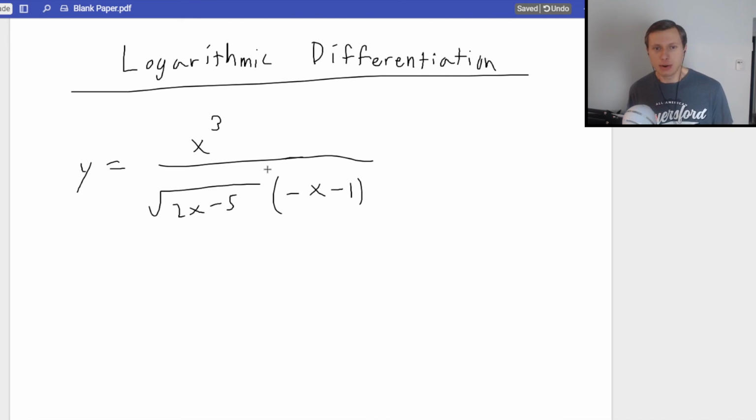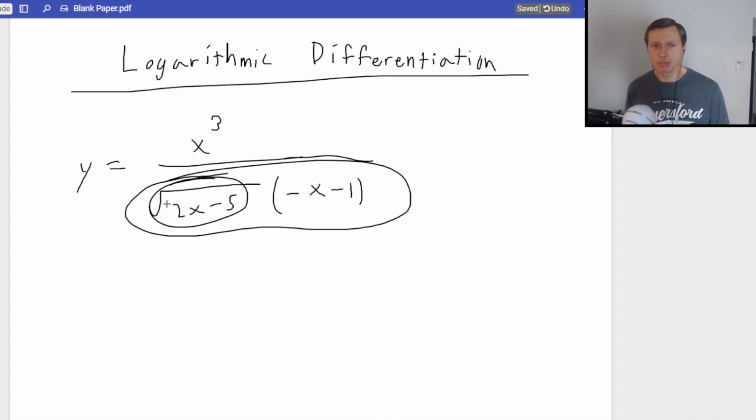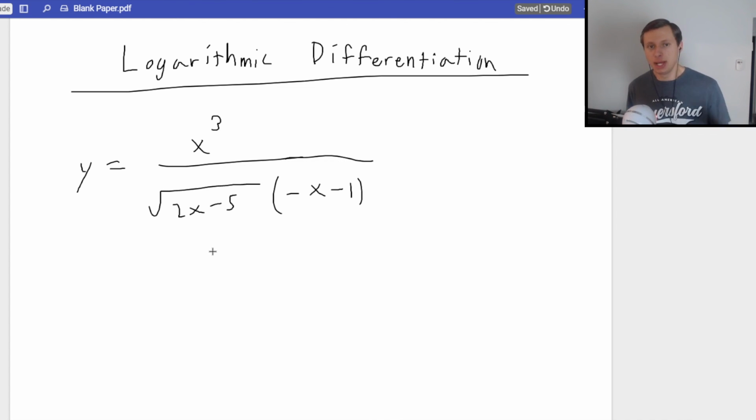So if I were to take the derivative of this, remember it'd be quotient rule, right? I've got a division bar here. And I look in the denominator, and it kind of looks like a mess. I mean, I'm going to have a product rule here. The 2x minus 5 is also going to be a chain rule on top of it. This is just not a fun problem, and it's for this reason. And we mentioned this before, I think, maybe. Whenever you have product rule and quotient rule